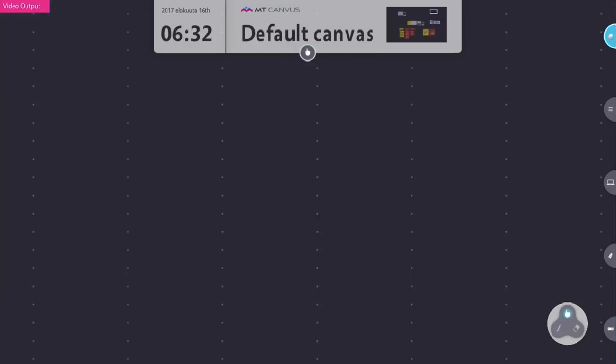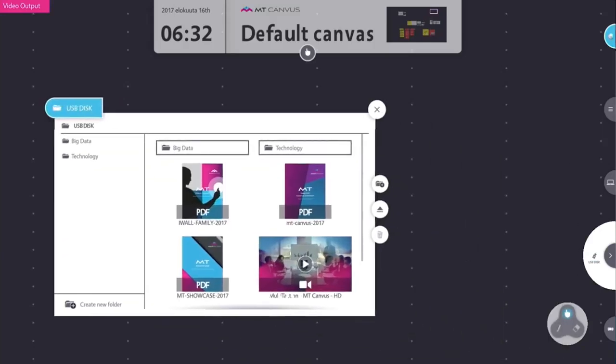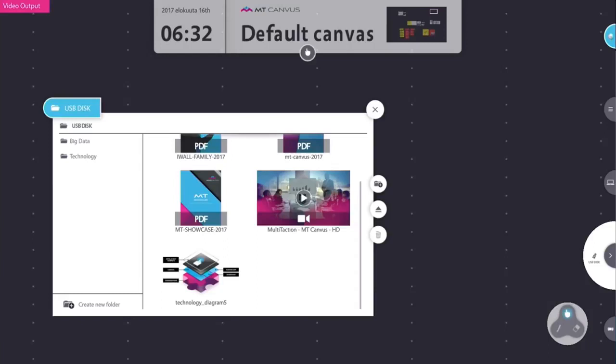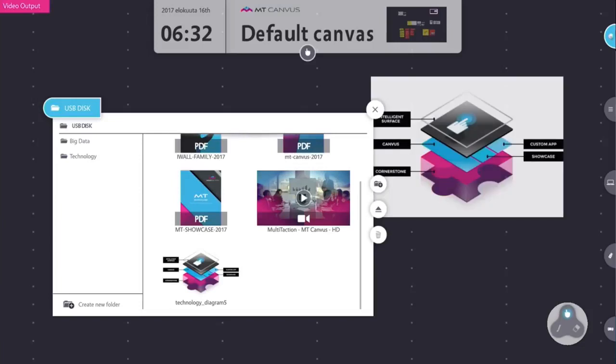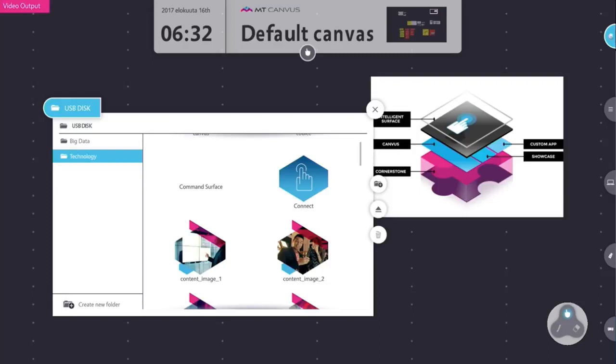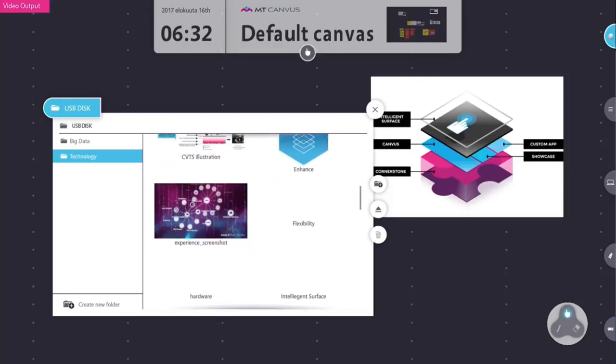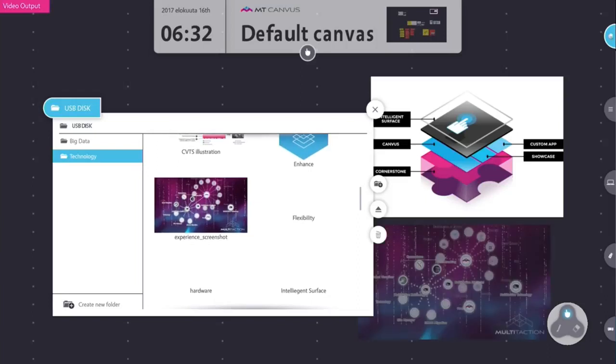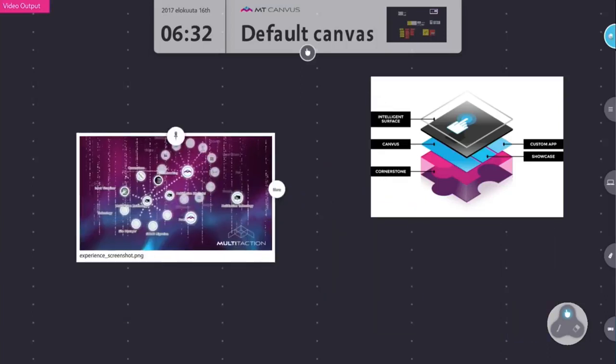So let's take a look at how you can bring in content from different types of file systems. So the first one we'll take a look at is a USB stick. Now I have one USB stick connected to this system. Here it is here. And I can page through the content that's in here, and anything that's in here I can touch, drag and drop onto the canvas area. Equally, I can navigate through the folders, so I could go into another folder and again touch, drag and drop the content onto the canvas,